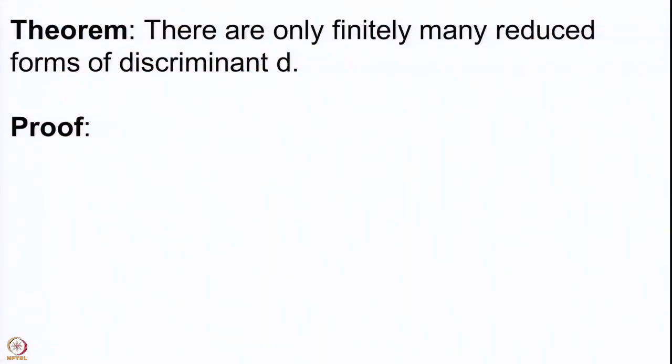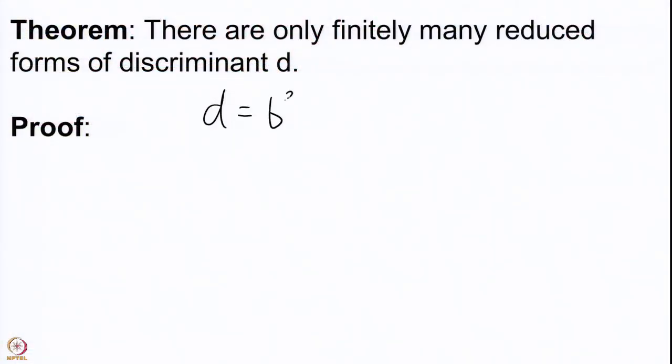The theorem says that if you fix a discriminant D, then there are only finitely many reduced forms of that discriminant. So, assuming that you may have two distinct reduced forms to be equivalent, it is likely that Gauss will give you one reduced form, Zagier will give you perhaps another reduced form, but the answers cannot be infinitely many different answers. The answers will be from a finite set. We will later see that both the answers will have to be one and the same. But let us first show that reduced forms of a given discriminant is a finite set. That is a very interesting proof and rather a simple proof.